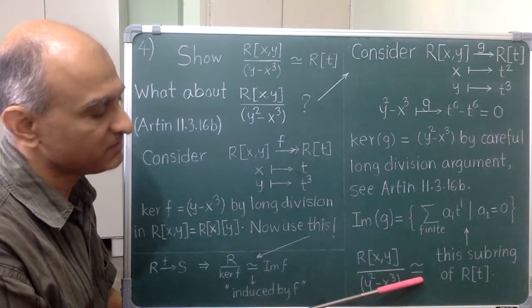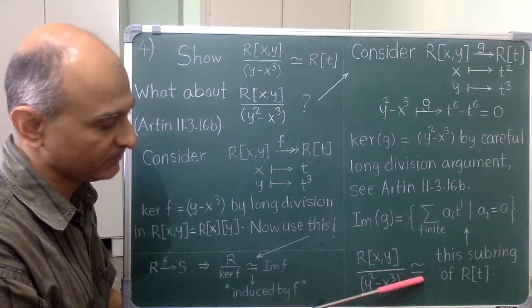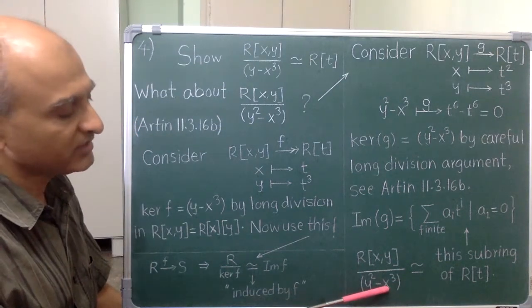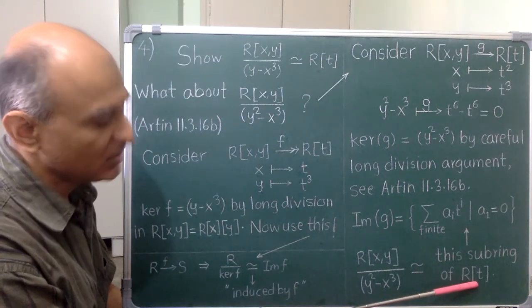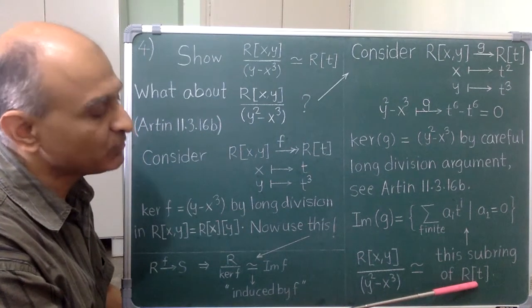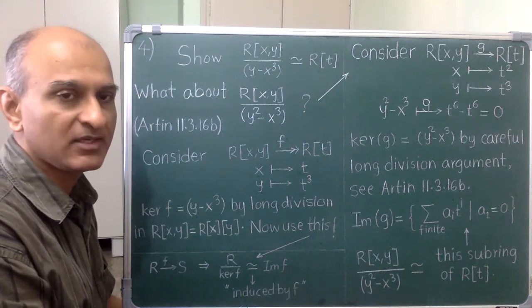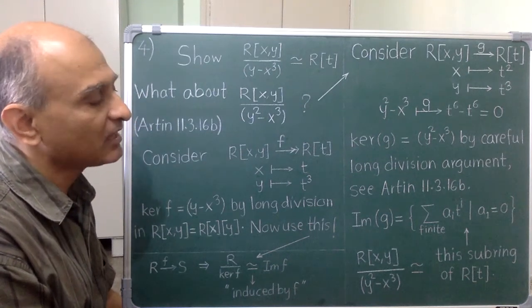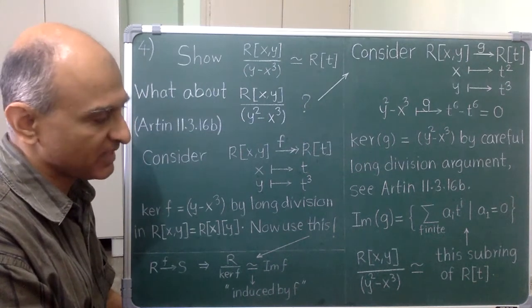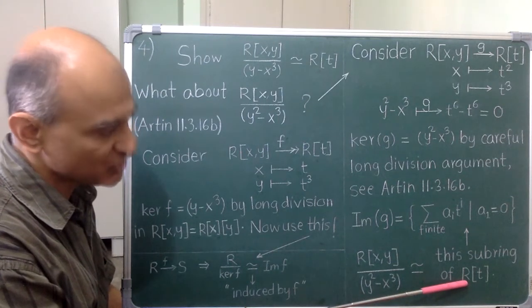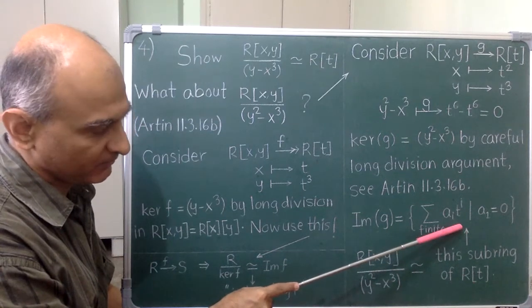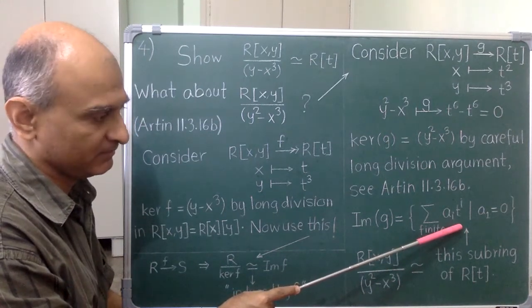This isomorphism still leaves a question unanswered. Could this quotient ring be still somehow isomorphic to the polynomial ring? For simplicity, let's assume that the map needs to be identity on the ring R. Then the answer is no. For example, then this polynomial ring would need to be isomorphic to this subring, which you can show cannot happen.